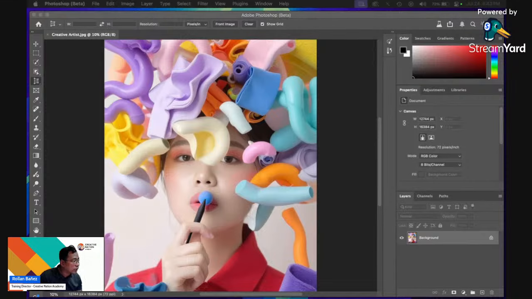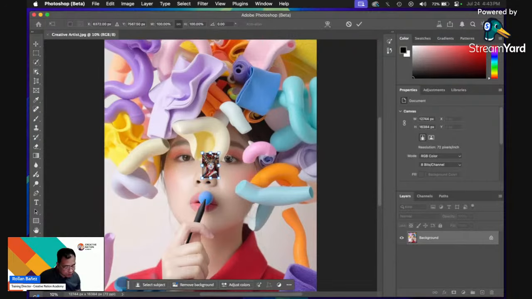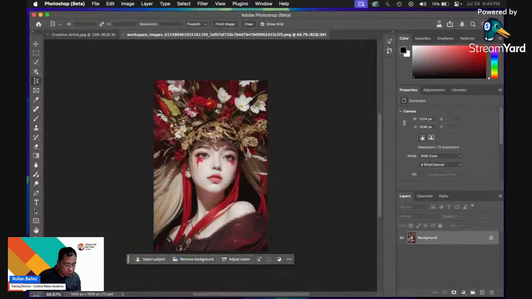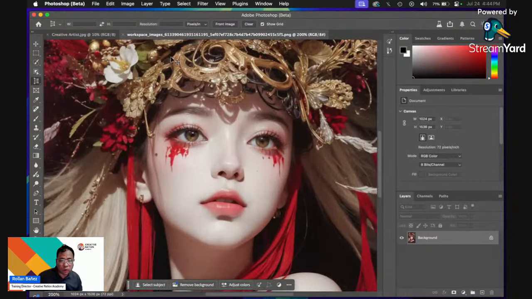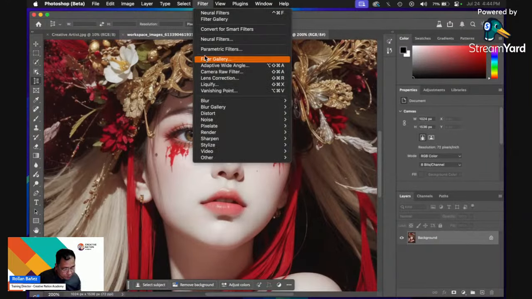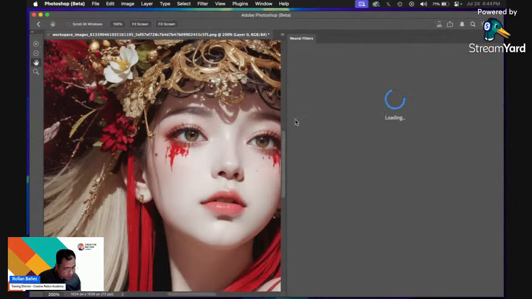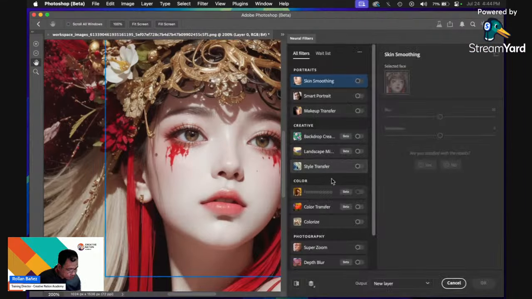Let's say, for example, I have this image. This one. Let's do this. Oh no, this one. I'm going to right click and open this. Open with Photoshop. This one is a little bit low resolution on my eyes, so let's try to use the filter and then the neural filter, and use what I've said already,